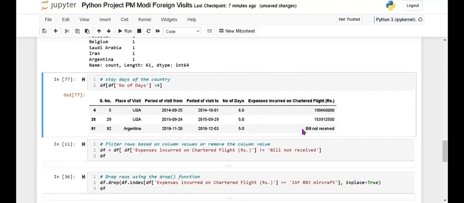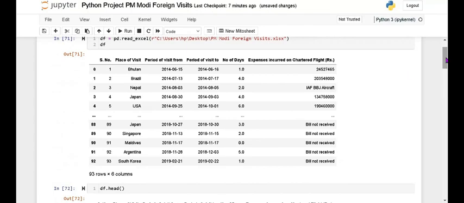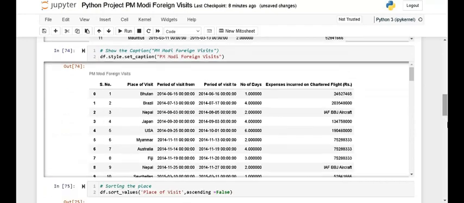Next, I want to remove the value "will not receive". This is the expenses column: how much expense was incurred when the prime minister visited any country. Somewhere it shows the character value "will not receive", so I want to remove all these values. If you see the data set, there are lots of "will not receive" entries.